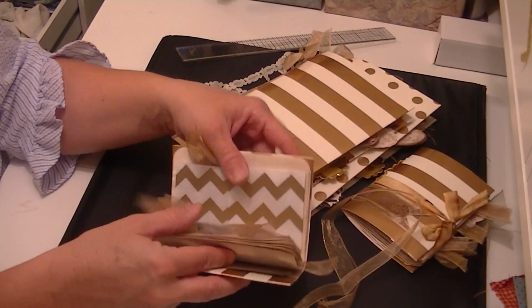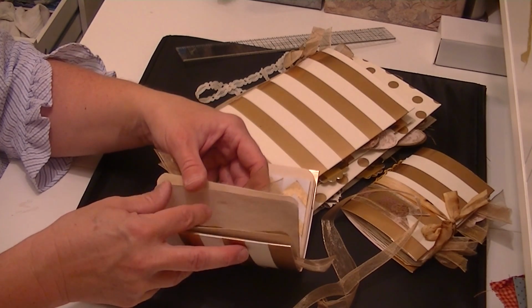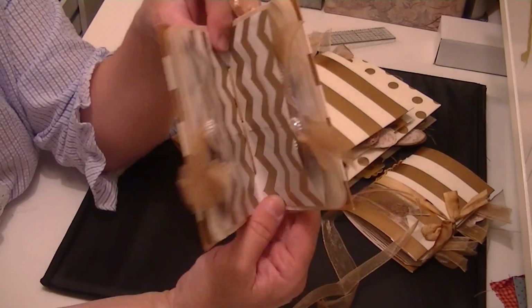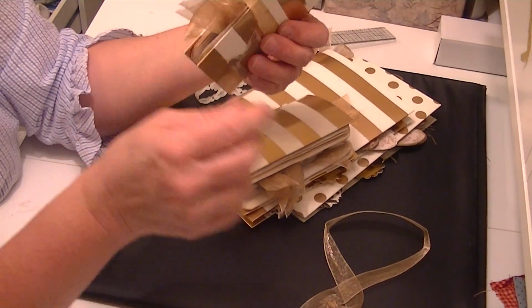So again, I think this is also, let me see, it's 1, 2, 3, 4, 5, 6, 7, 8, yeah, 9, 10. 10 pages plus the bag. So a lot of real estate. The same here. This one's the same, just has the coffee binding ribbon instead of the,